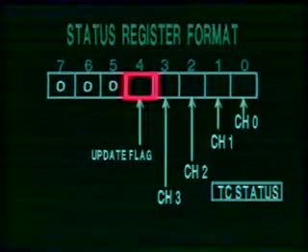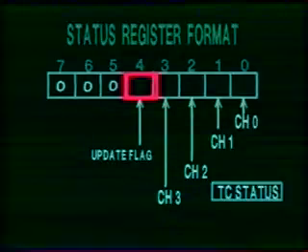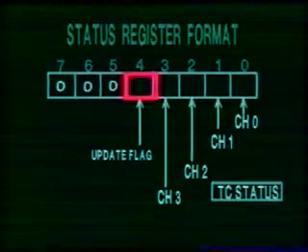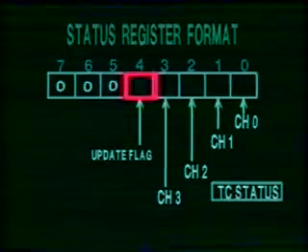Bit 4, which is the 5th bit from the lower side, contains an update flag which will have to be set if we want to use the auto reload mode. If the auto reload mode is desired on channel 2, where the count register will be reloaded with the count and DMA transfer will be continued for channel 2, the update flag will contain a 1 value in the status format. So, the status format is only for the CPU to read back and find out what is the status